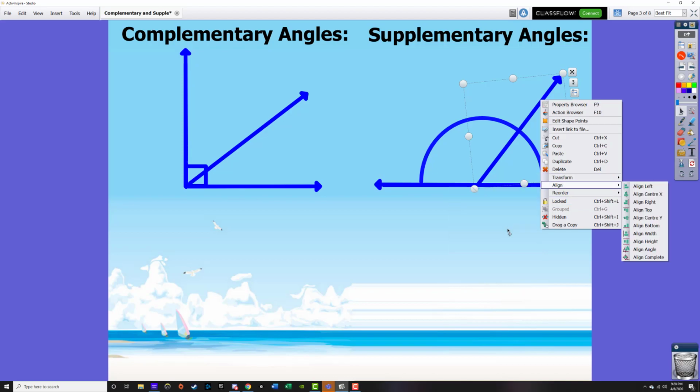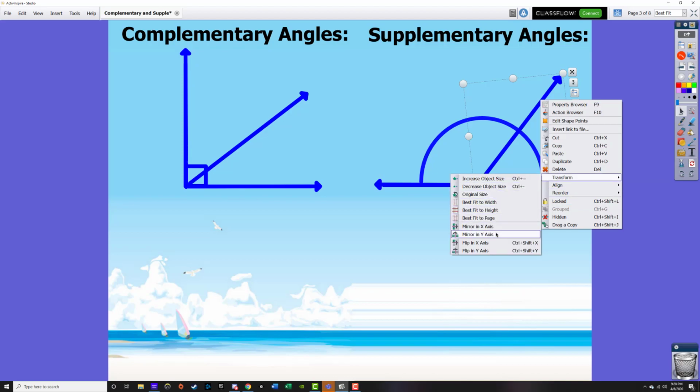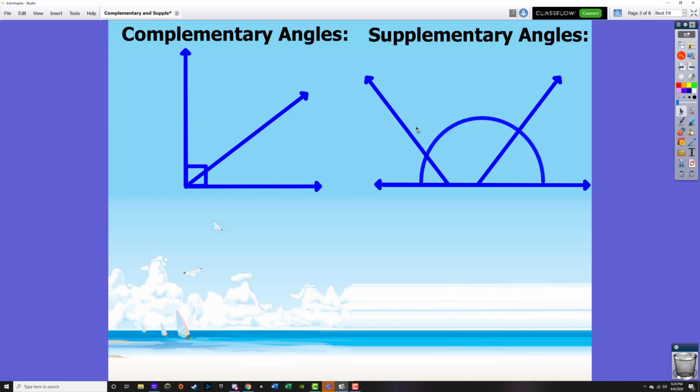So let's transform, if it would cooperate with me, mirror in the y-axis, and there we go. Now we have divided this straight angle into three separate pieces. Okay, and the complementary angle is currently divided into two pieces. But